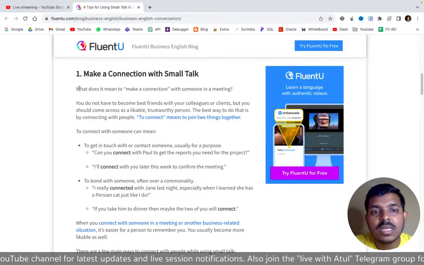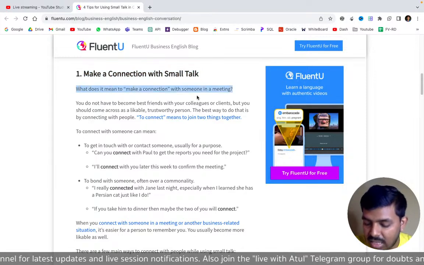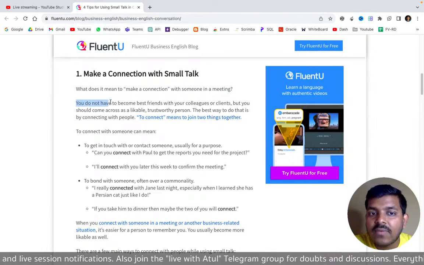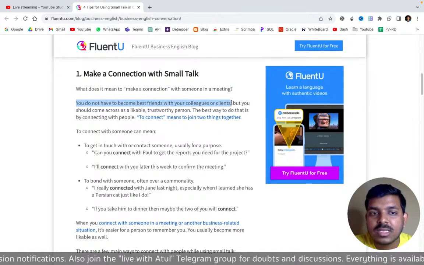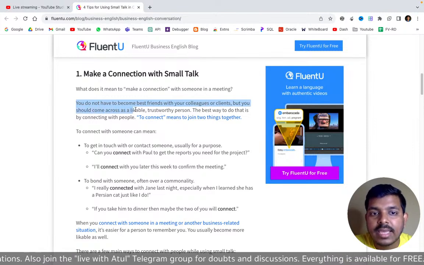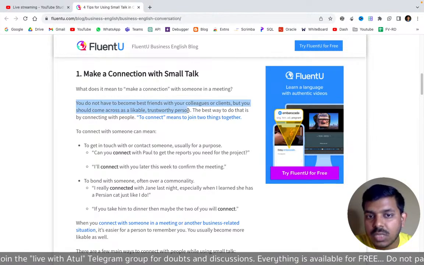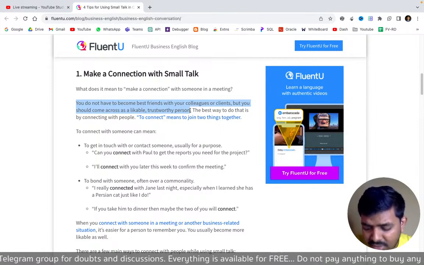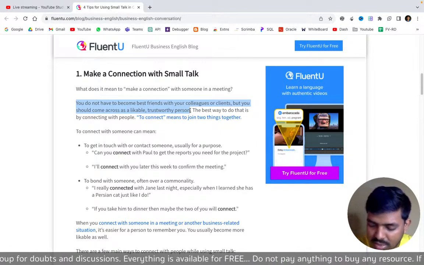So what does it mean to make a conversation with someone in a meeting? As you can see over here, you do not have to become best friends with your colleagues or clients, but you should come across like a likable, trustworthy person. This is what I was trying to say, that things will eventually come up only when you try to say that you are